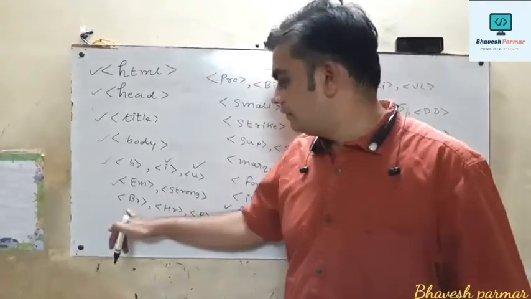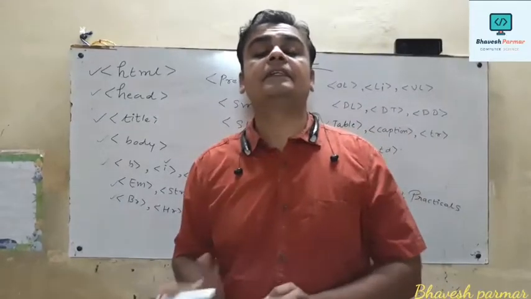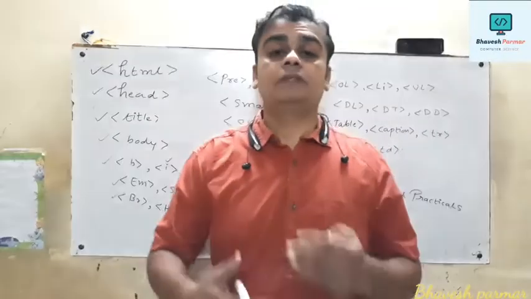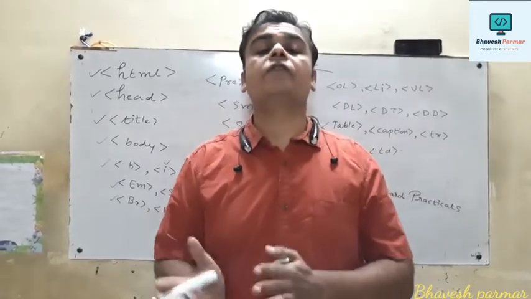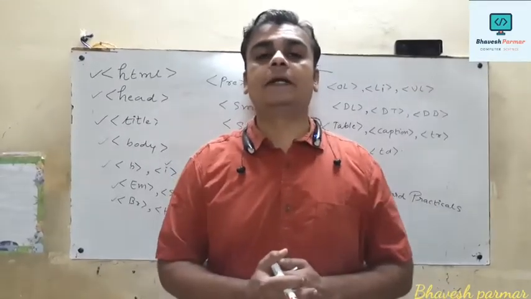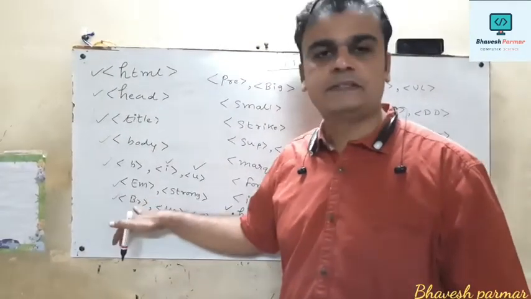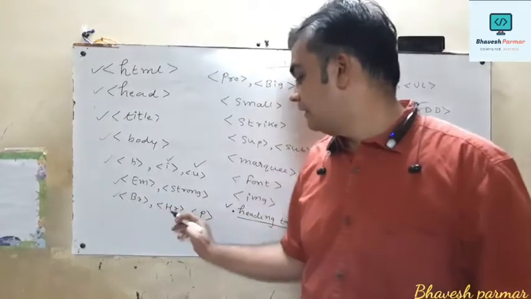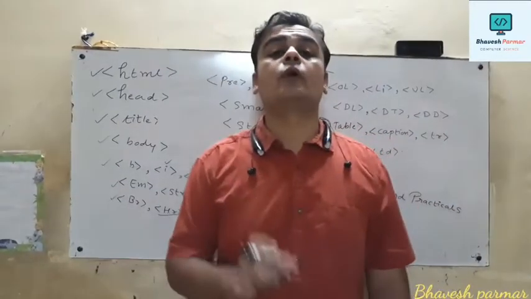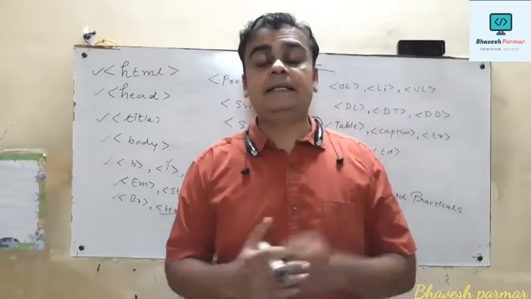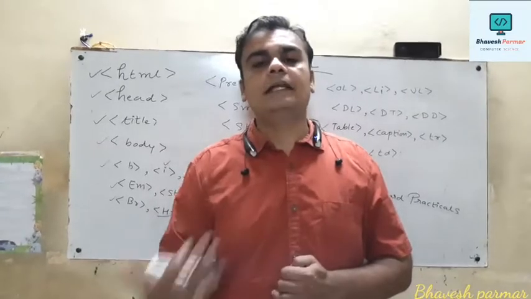Okay guys, thereafter our next tag is the BR tag. This BR tag represents a line breaking character, meaning if we want to display the text on next consecutive lines, or if we use many lines to display particular text, in that case we use the BR tag, and we also studied many examples related to this BR tag. Thereafter our next tag is the HR tag. HR tag stands for horizontal ruler, and generally it is widely used by programmers to draw a horizontal line in our web page.